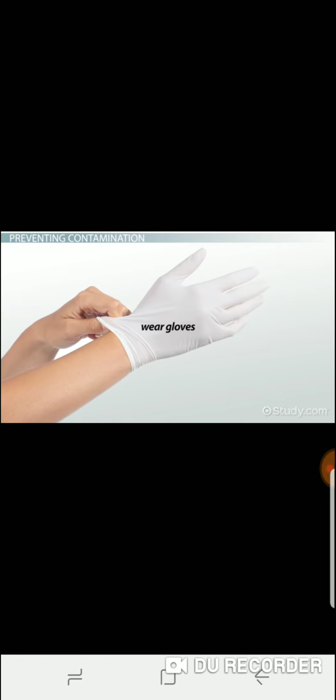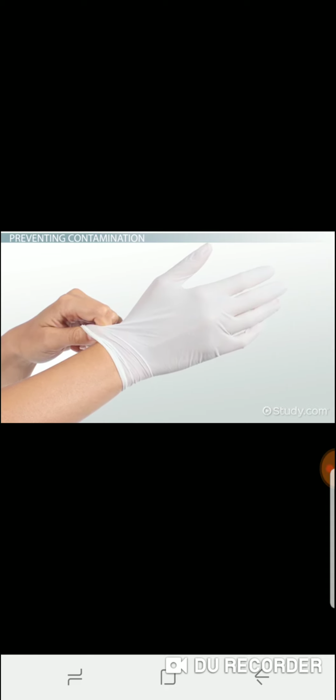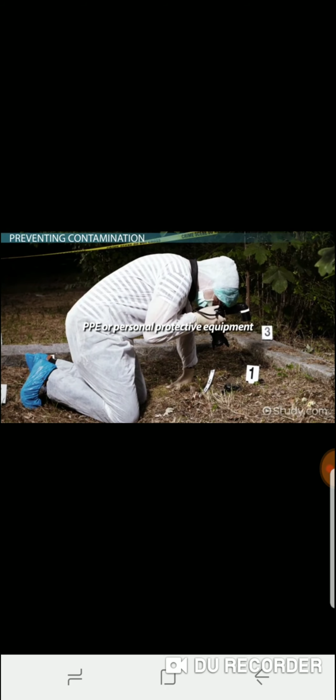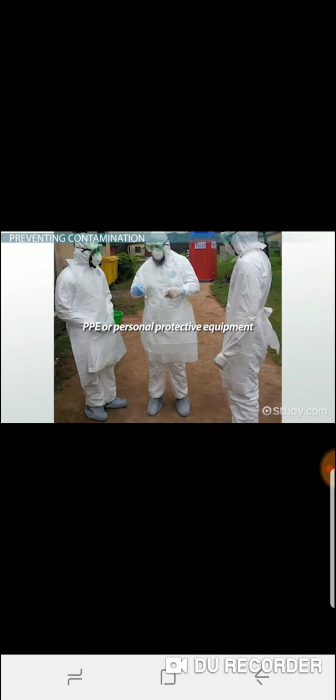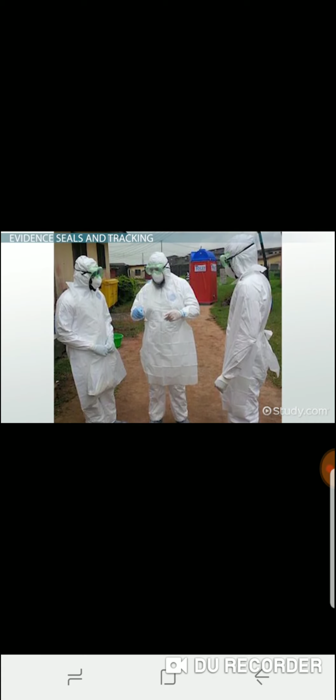In the example, you will need to collect the blood using a sterile swab. Because you are touching the swab to the evidence, the blood, it needs to be sterile, so that you can be sure you aren't contaminating the evidence with anything that might have been on the swab. You will also need to wear gloves while doing this, so that you don't contaminate the swab with any of your own DNA. Wearing gloves is a cardinal rule for almost all crime scene investigations. If the investigation requires it, additional PPE, or personal protective equipment, like shoe covers, hairnets, masks, goggles, and bodysuits may be required.